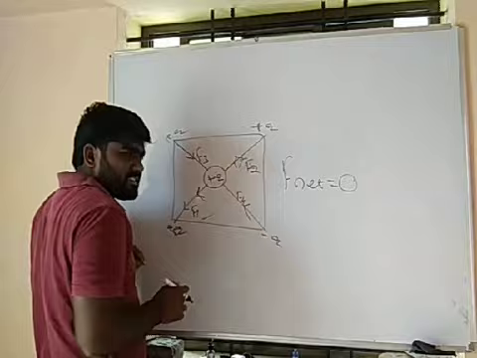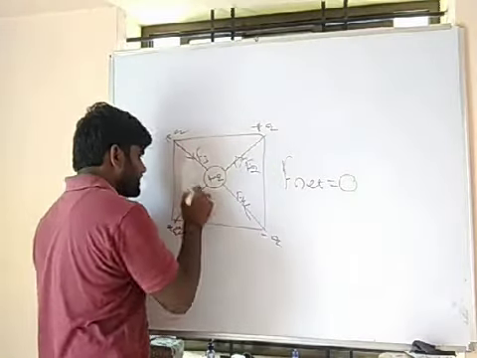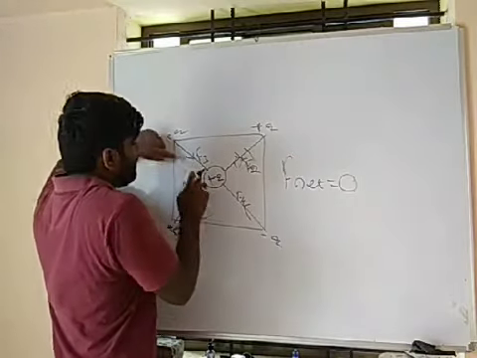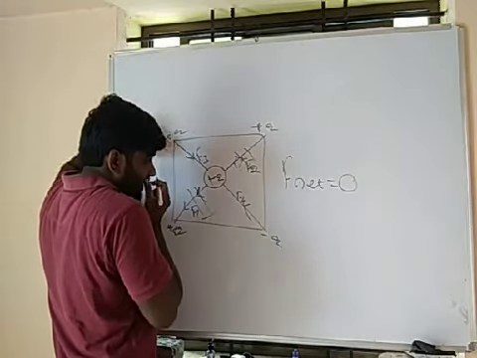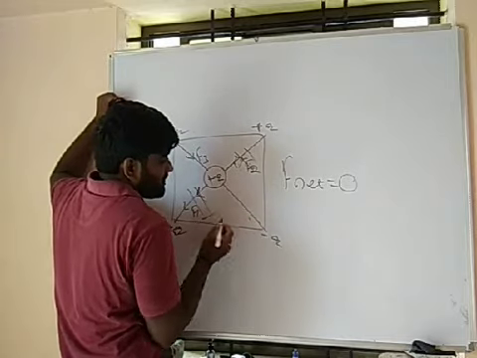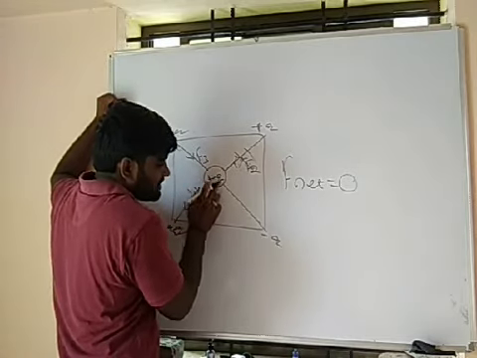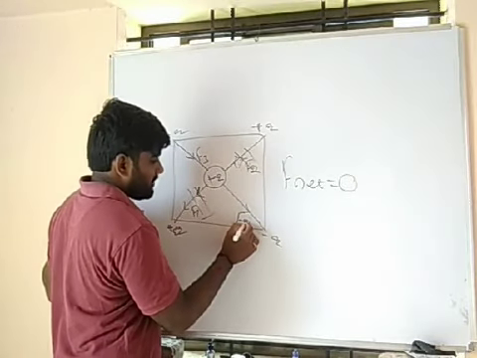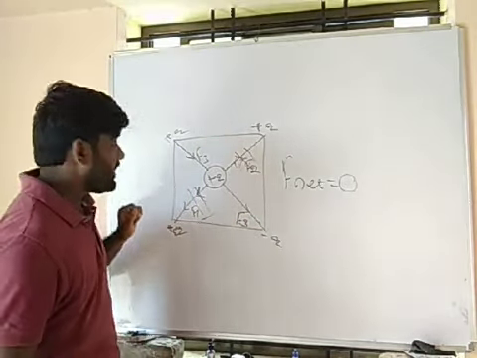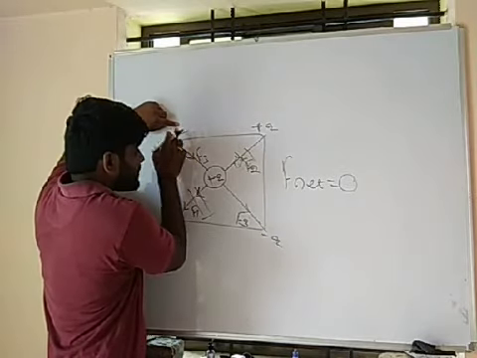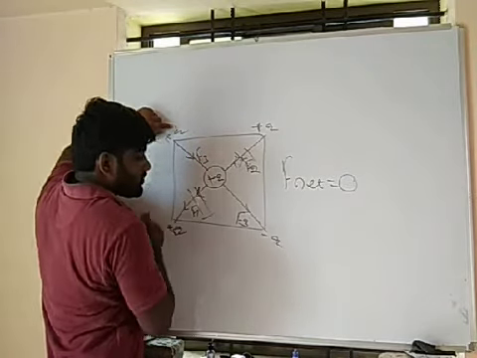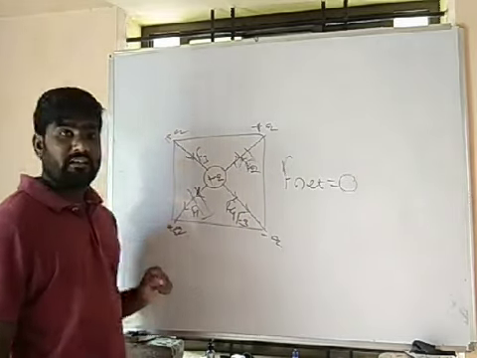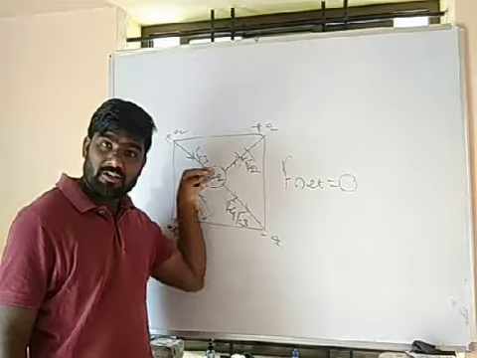Both these charges are of the same sense, so these two forces can cancel each other. Now come to the point: if it is a negative charge, this charge will try to attract with this. Let us consider it to be F3. Then, if these two are positive charges, what happens? F4 is also repulsive. So F3 and F4 will be along this direction.